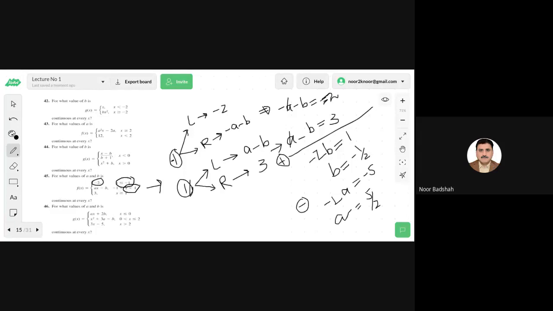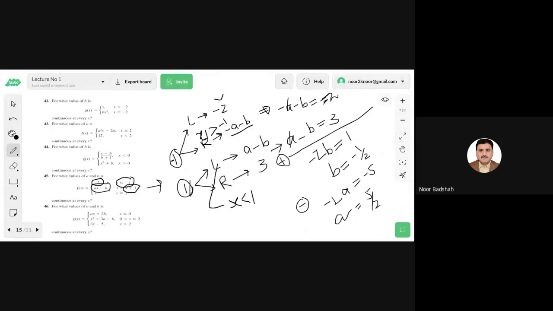You see that. जब मैं राइट हैंड लिमिट फाइंड करूंगा तो मेरे पास x greater than -1 होना चाहिए। अब x greater than -1 कहाँ पे है, वो यहाँ पे है, तो उसके लिए मैंने ax minus b को यूज किया और x को -1 पुट करके मेरे पास -a minus b आ गया। जब मैं 1 पे आ गया तो लेफ्ट हैंड लिमिट पे x must be less than 1। अब x less than 1 कहाँ पे है, इस इंटरवल में है ना ये, तो आपने इसको यूज करना है।